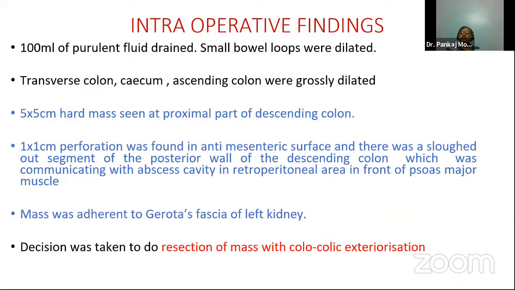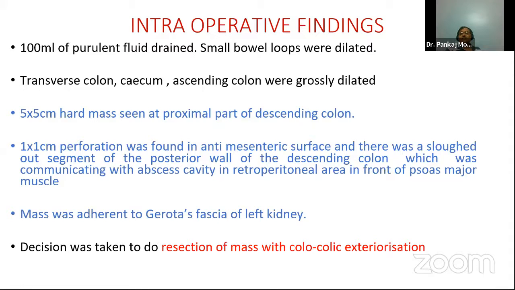Why not an anastomosis with a proximal stoma? Sir, this patient came in emergency, was kept nil per mouth for 2 days, and had grossly distended bowel intraoperatively, and already there was a perforated mass. I would not want to do a primary anastomosis in this case. Suppose you do an anastomosis with a transverse colostomy. That would not relieve the closed loop obstruction. No, transverse colostomy would relieve it, but still there is a chance of leak from the edematous bowel loops. I would not like to do a primary anastomosis.